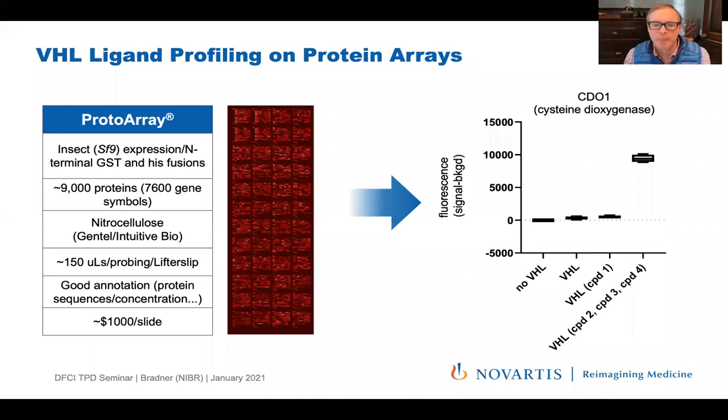of protein arrays that present baculovirus-prepared proteins or protein folds, and then can be incubated with small molecules and the VHL purified minimal machinery, Greg and colleagues have been able to find glue-like activity, potent glue-like activity of multiple small molecules for several different protein targets. And most notably and best validated is cysteine deoxygenase 1 that lit up on this array with a handful